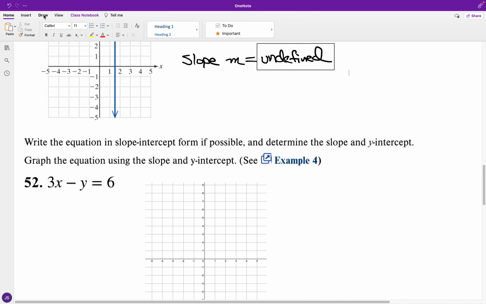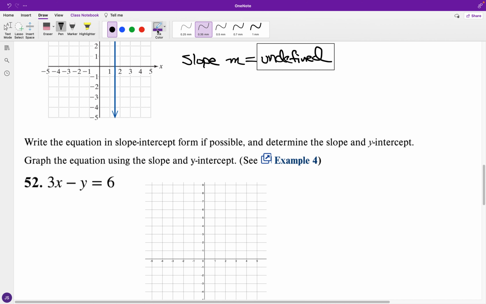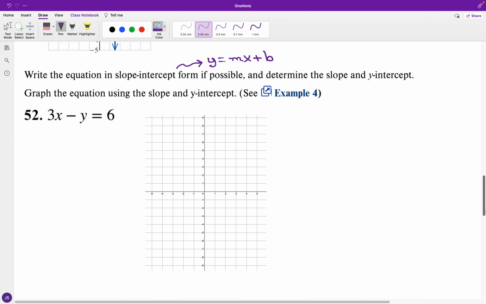Again, the slope-intercept form makes reference to y equals mx plus b, where m is the slope and b is the y-coordinate of the y-intercept. So for number 52, now we've got an equation in standard form